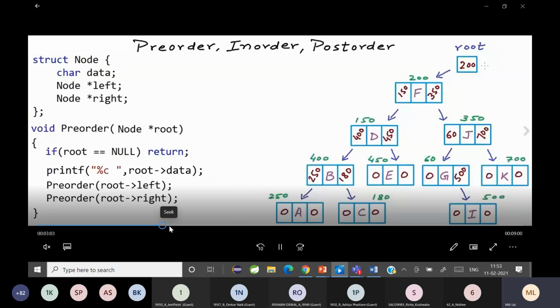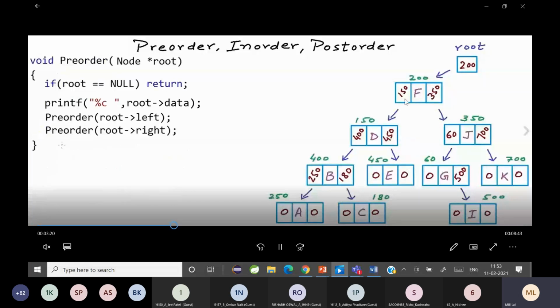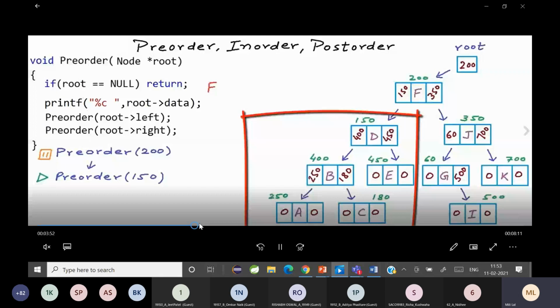Understood? So you can say the root pointer is pointing to 200, and F, D, J are all nodes. So how does a pre-order traversal work? First it starts with 200 and then it goes to the left subtree. The red part you can see here is the left subtree. That is, 200 is pointing to the pre-order part of 150.